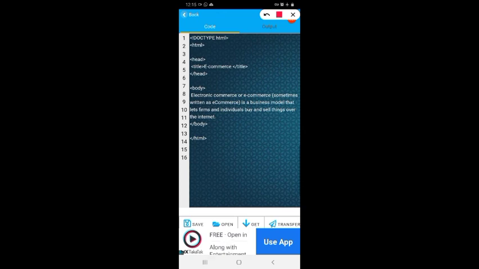Here, those who don't have laptops can use this application to view the HTML code as a web page. That is how it will be displayed in the web page. Okay, thank you children.